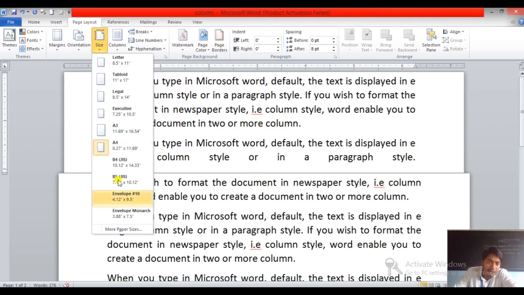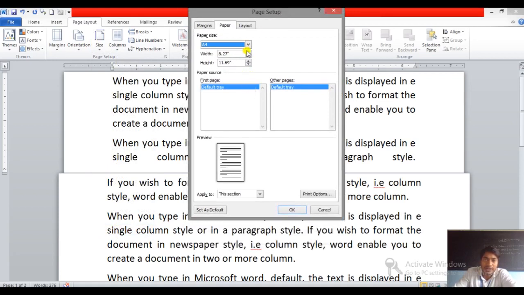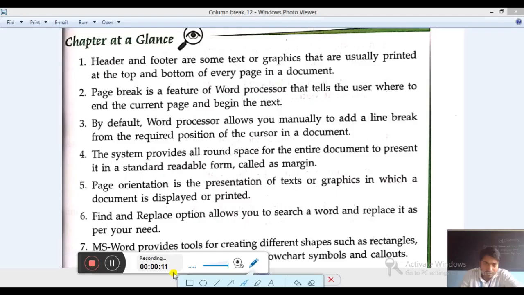Okay, now you can click on more paper sizes. From here you can change to legal and you can see the preview as well. Like A3, you can see the preview, A4. Okay, this is how you can change the page size.